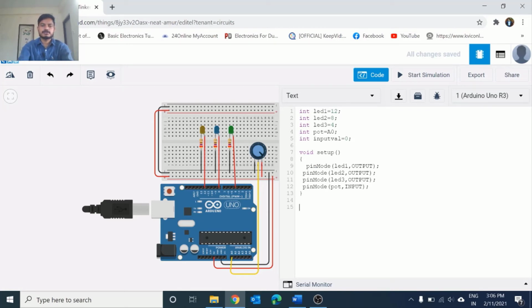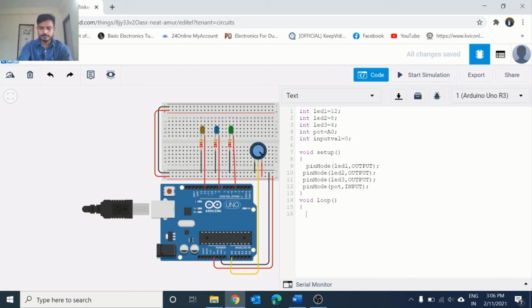And now let's start the void loop, where the code inside will run again and again. Inside the loop I want to read the value given by the analog input, that is the potentiometer.